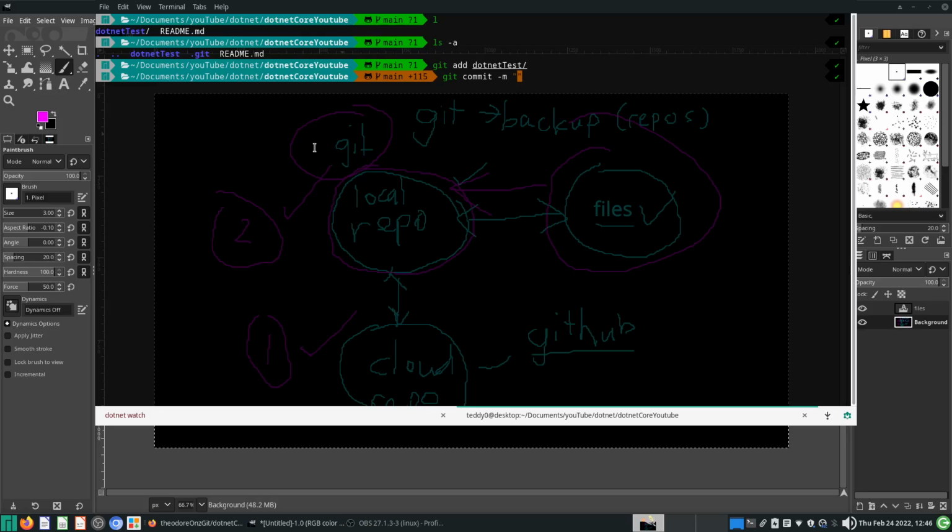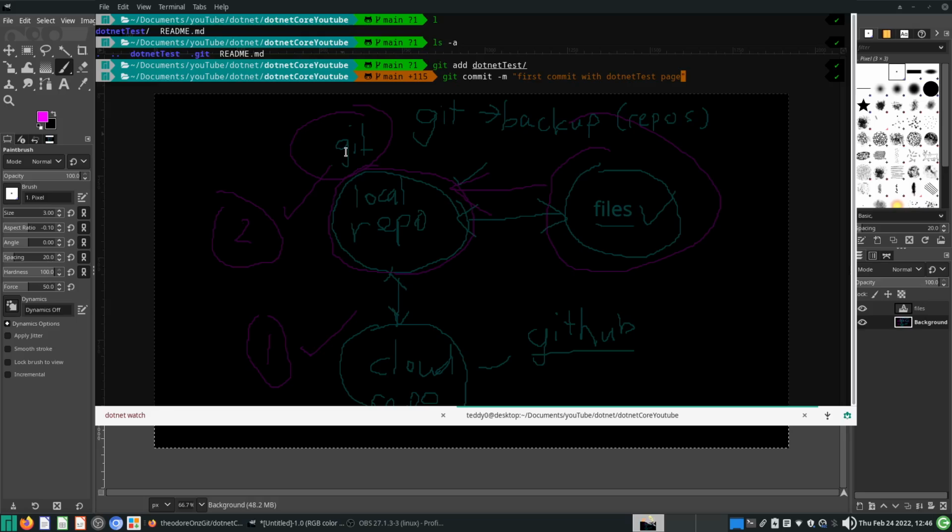And what does git commit do? Git commit literally finalizes the saving step into the local repository. So you have to save it into your local repository by typing a commit. The -m here stands for a message. You can save this with a message, and you can type this thing here called first commit with .NET test